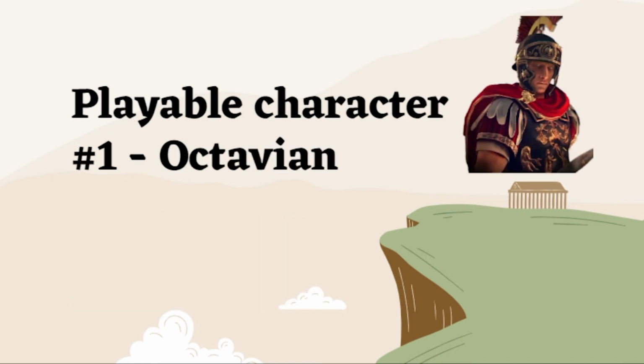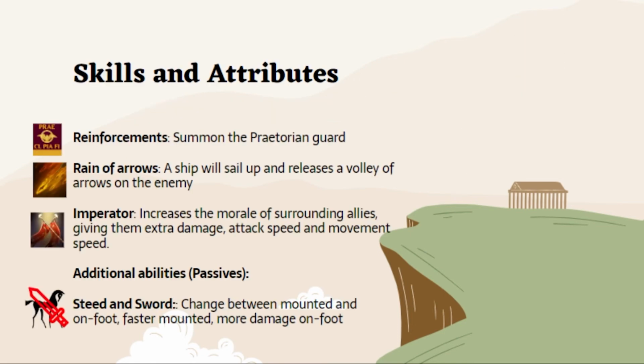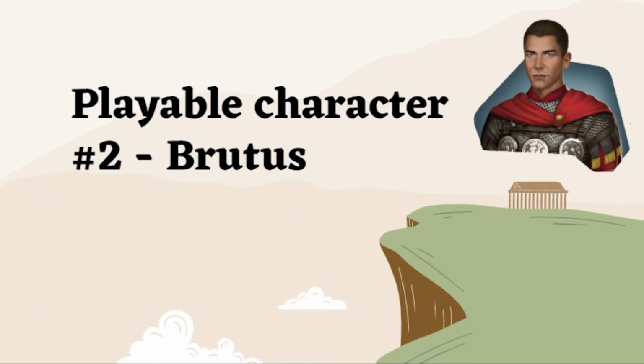For our playable characters, we firstly have Octavian. Being the main protagonist of the story, we designed him to be more righteous and noble, rallying and supporting his troops. Thus, his skills include Imperator, reflecting his status as a general that has never seen defeat, and motivating his troops that they are on the winning side. Rain of Arrows is a callback to his post as a highly successful naval commander of Caesar's army during his time in life, innovating new ways to crush the enemy.